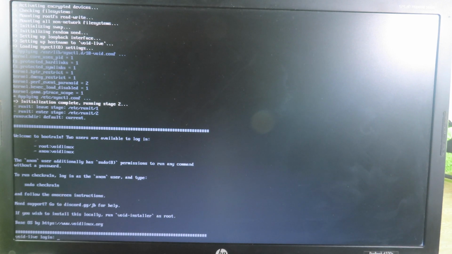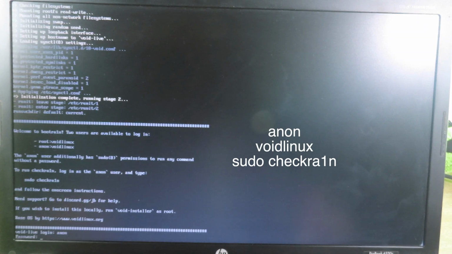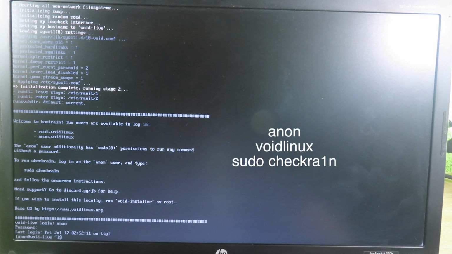Then for this step, you're gonna see the login. You can type anon and hit enter. For the password, you can type voidlinux. You don't see anything appear, but don't worry about it. Just hit enter one more time. And then you're gonna type sudo checkra1n,